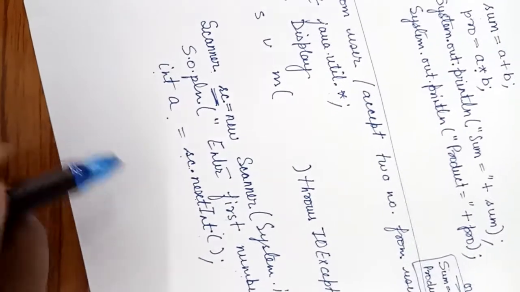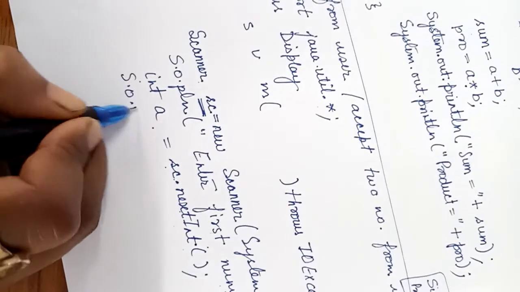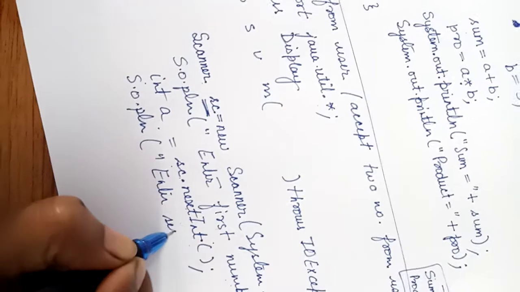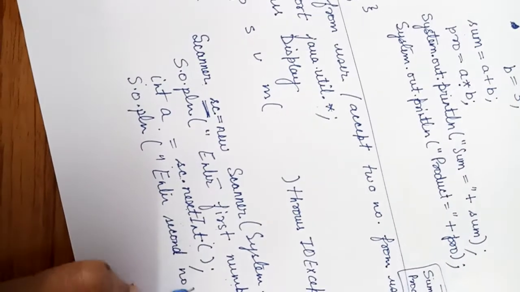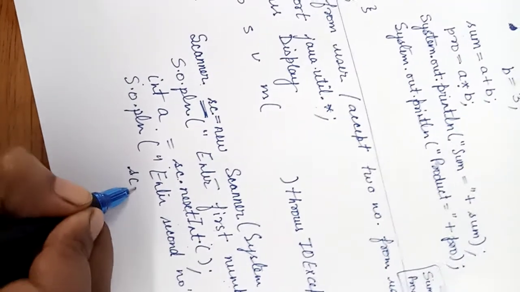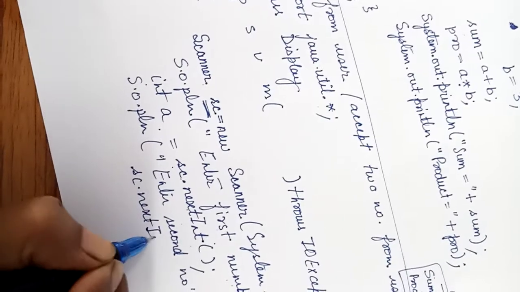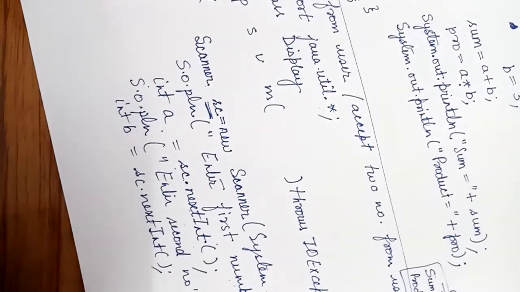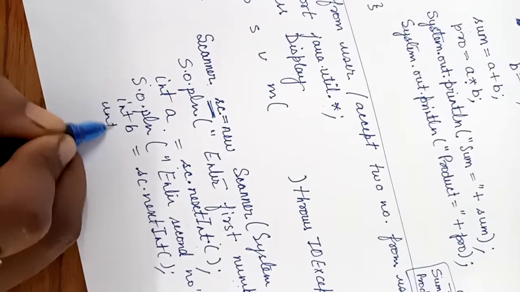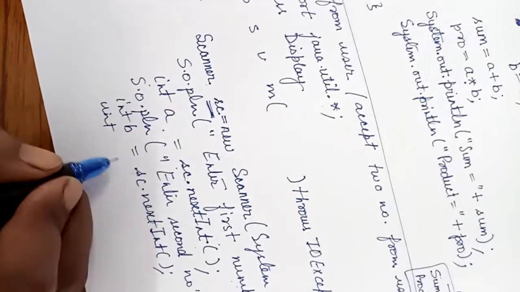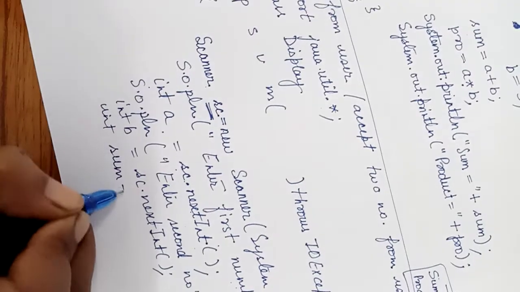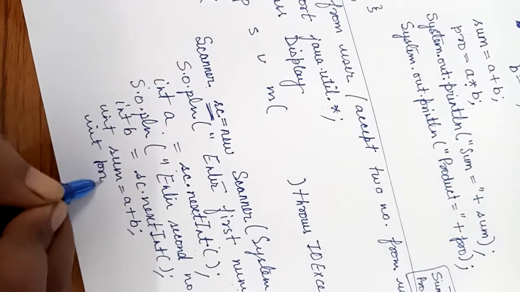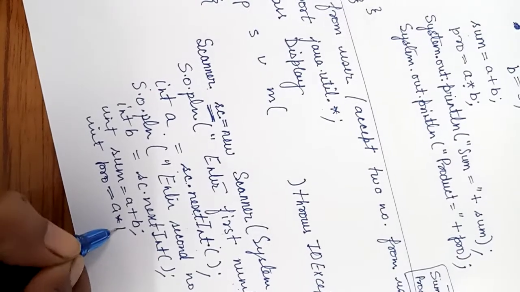Now ask for the second number. Similarly, again a message should be printed, "Enter second number", read that with sc.nextInt, and store that within integer b. Now you have taken the values from the user, that's it. int sum equals a plus b, int pro equals a into b,